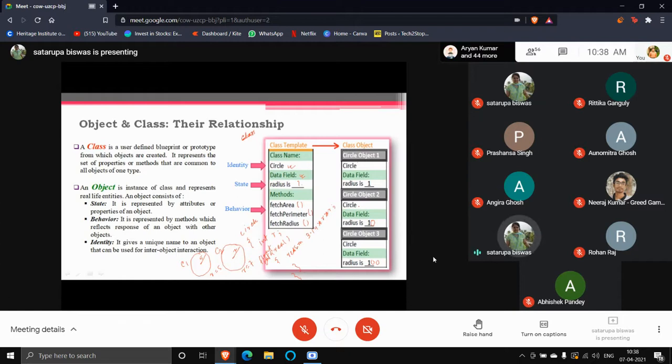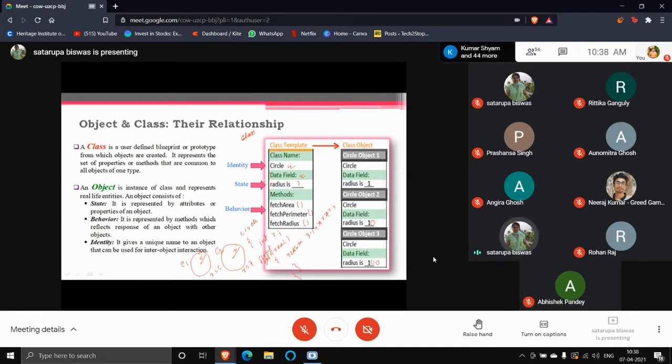Okay. All of us are human beings. We have different names. We have different identities, obviously. And the features of every one of us are different. If you get some attributes of us, you will get different height, different weight, different address, different phone number, different date of birth. So everything will change from each other. So all of us are objects of humankind. Okay. So human is a class. From the human, we all are derived as objects.